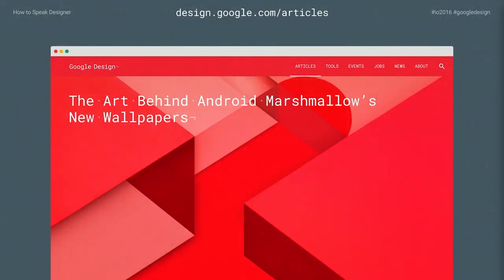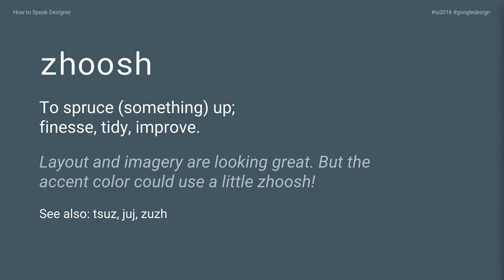At Google, we use art direction all the time, even in some places that you wouldn't expect. These iconic images from Material Design that we use as our backgrounds are actually photographs. There's a great article on design.google.com about how we did these Android wallpapers, written by Rachel Bean, one of our art directors. She walks you through the process of collaborating with photographer Carl Kleiner to commission these paperscapes and how they came to be.